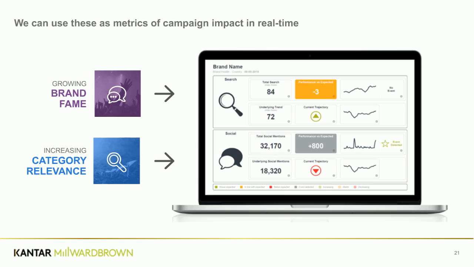So together, these two different data sources, if we can track and model them in almost real time, let us start being able to monitor the impact of an individual campaign on brand fame and on category relevance, but in a way that doesn't require us to wait for a survey to be done and to be modelled and fed back. So we're able to use them to give clients weekly reads on their current performance, which is, for us, a bit of a step change in the type of in-market measurement we're able to do. So we're very excited about the potential of these metrics.